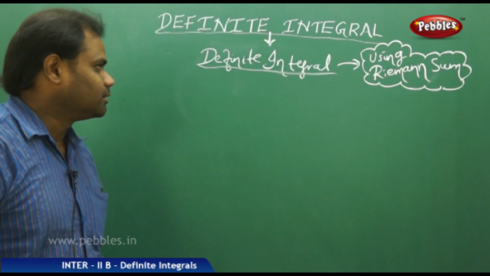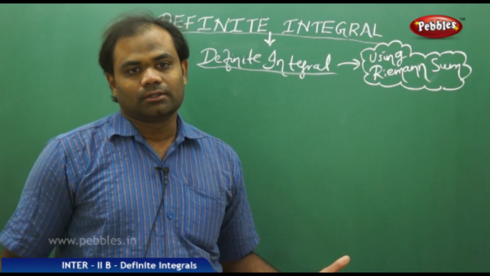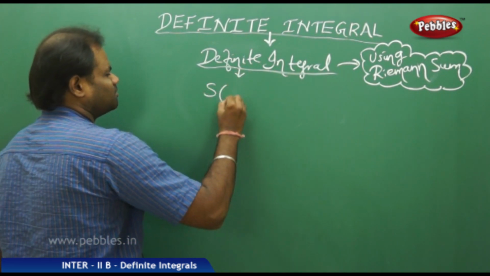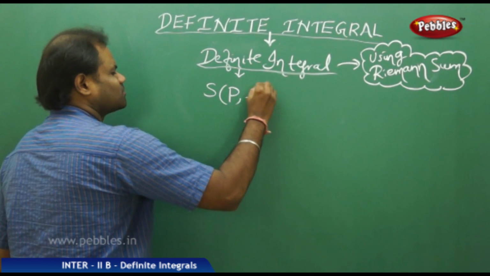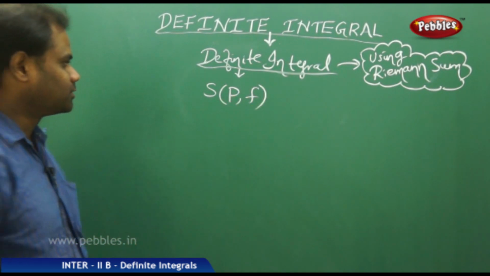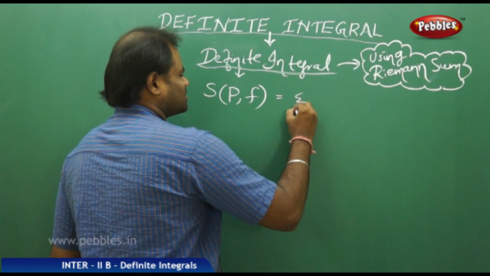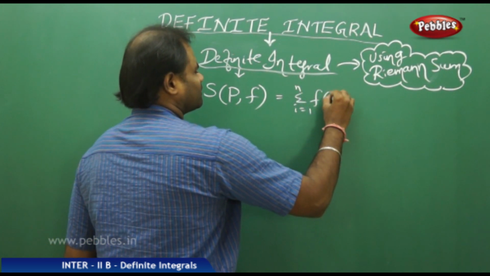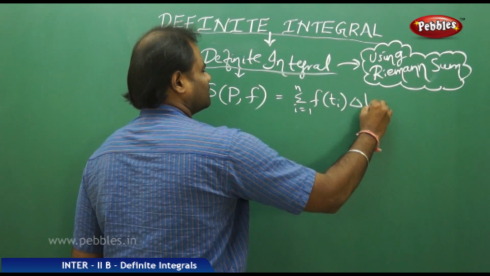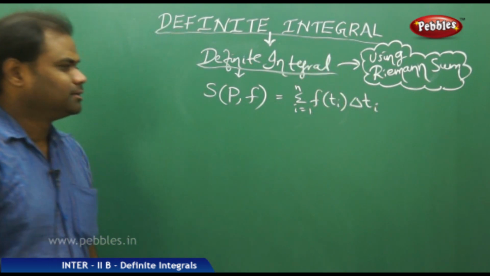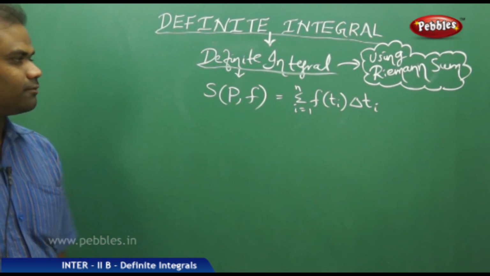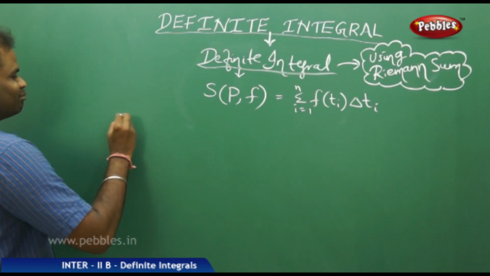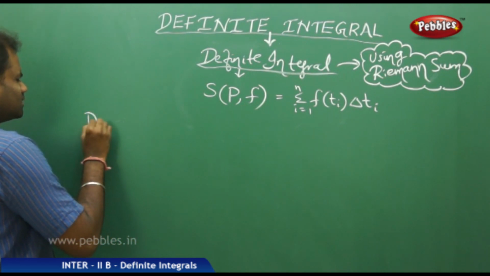Now let's define the definite integral using the Riemann sum. So now we know that the Riemann sum for the partition P and the bounded function f is defined as sigma i running from 1 to n of f of t_i delta t_i. So using this definition of the Riemann sum, the definite integral is defined